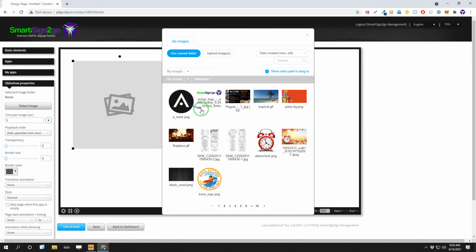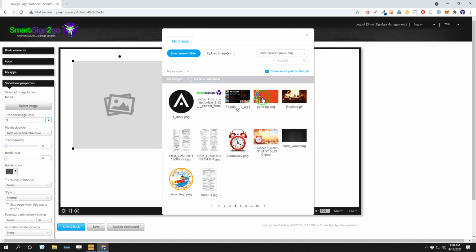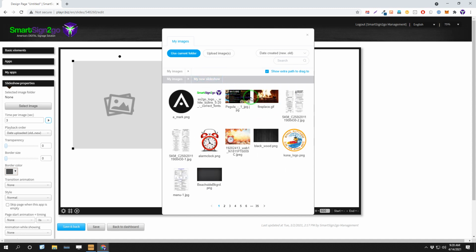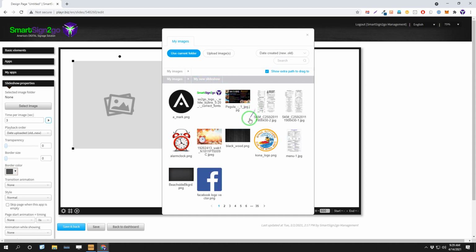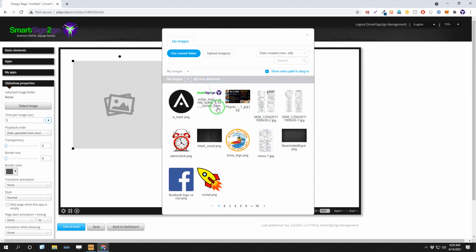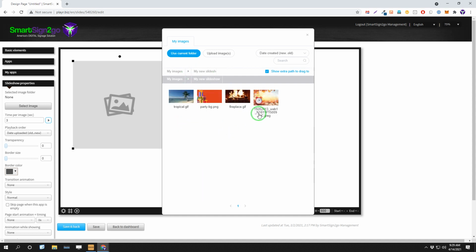So let's say we wanted to move some photos from the master My Images folder over to the new folder that I just made, my new slideshow. So in this position here, I can take some photos like this one here and drag it over there. This one here, I'm just choosing some random photos. This is kind of silly, but now if I navigate in the top row here to that folder, I will see that those photos are in it. And so that's what the bottom row is for,